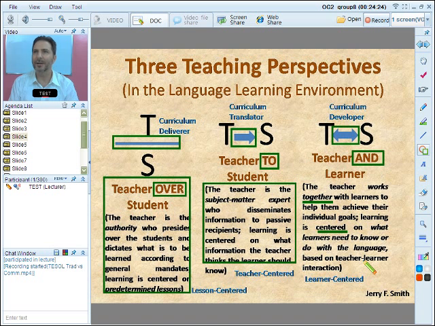I'm checking to see what that student needs or what these students need to succeed, or what their language learning goals might be. That's what I do. I'm bending and flexing and adjusting and molding and shaping the curriculum, so that makes me a curriculum developer based on the needs of our students. So I'm interacting with them. It doesn't mean I'm having a conversation necessarily. What it means is